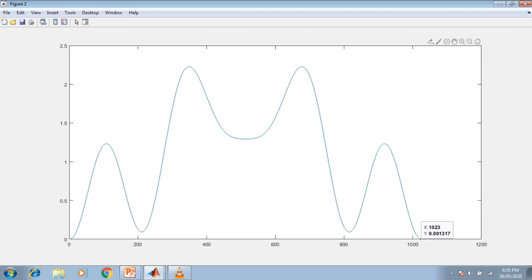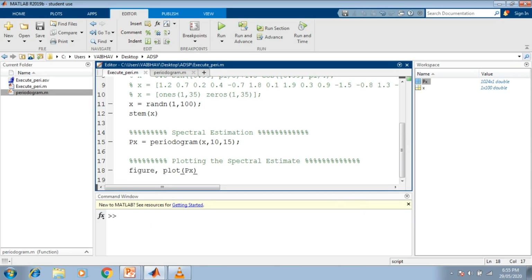for 23 we have 0.001317 here. So the variation of the values that we can see in the Fourier domain has been plotted here. The amplitude levels, we start at 0, the intersection of the horizontal and vertical axis here, and at max we have 2.5 in the graph range, whereas here we have 2.227. So at this peak here we have the maximum value, here we can see 2.226. So this is one way of simply plotting whatever spectral estimate we have generated by the use of